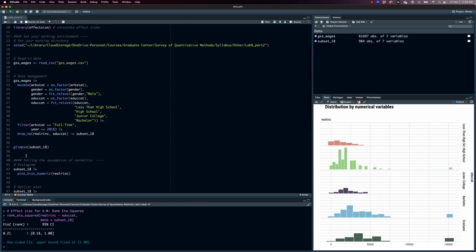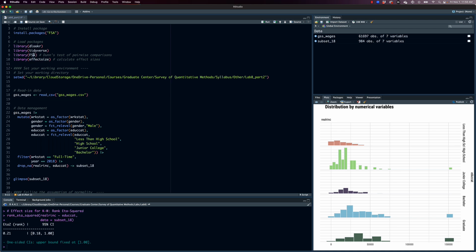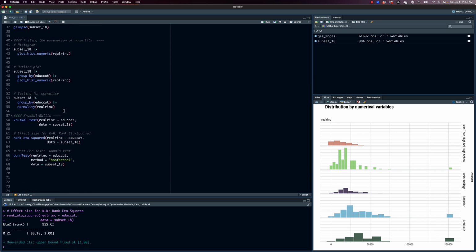The package that has this function is this FSA package. Not really important what the package is because we're only going to use it for that one particular function. Make sure to install it. And so we use the Dunn test. We give it the equation. We specify the data and the method of correction, because we're running a series of significance tests. We're going to use the most conservative one, which is Bonferroni. All right. So if you run that,